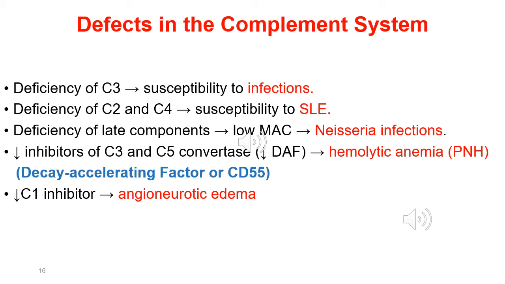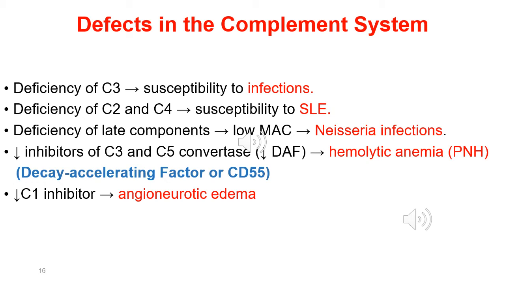autoimmune disease. Deficiency of late complements will lead to low MAC, which is the membrane attack complex, and they will make the patients liable for Neisseria infections. Decrease inhibitors of C3 and C5 convertase, which is a decrease in the decay accelerating factor or CD55, will lead to hemolytic anemia, specific type of hemolytic anemia, which we call it PNH or